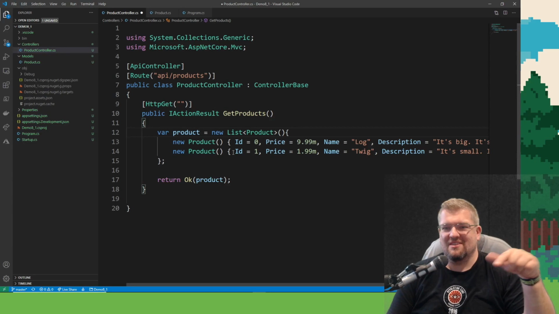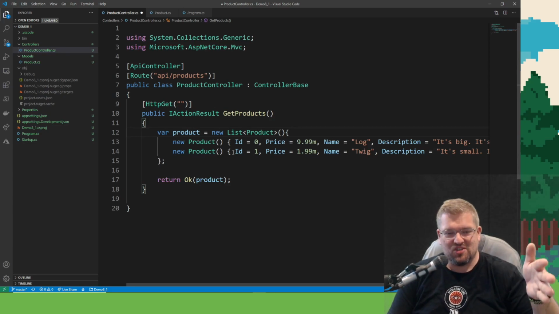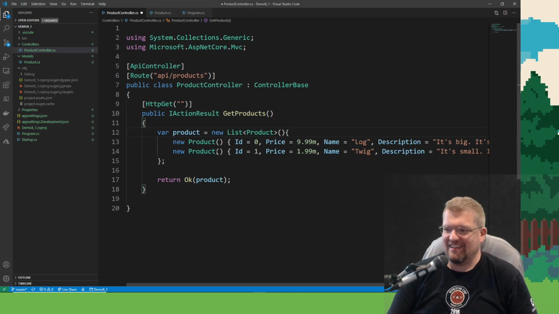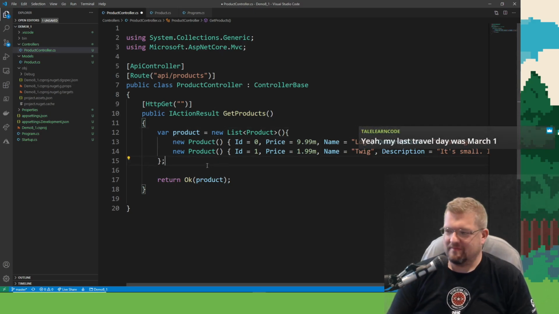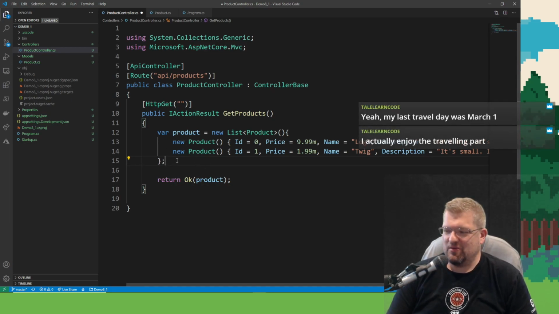Actually, I miss the destinations. I do not miss the process of getting there. I think that's a lot of people's sentiment: I just want to get where I'm going. I don't actually want to enjoy the experience of getting there. That's not fun. March 1st, yeah. I forgot where I was supposed to go. I was supposed to go somewhere in February or early March, and it got canceled.